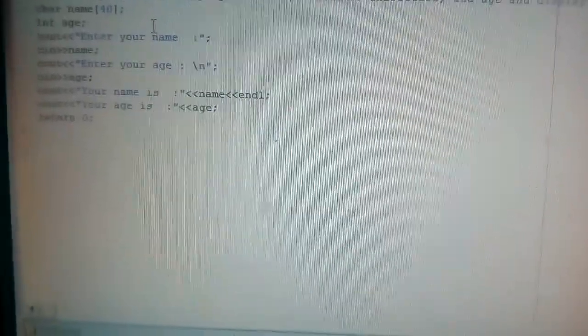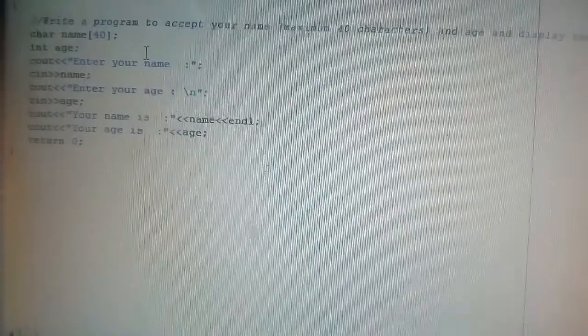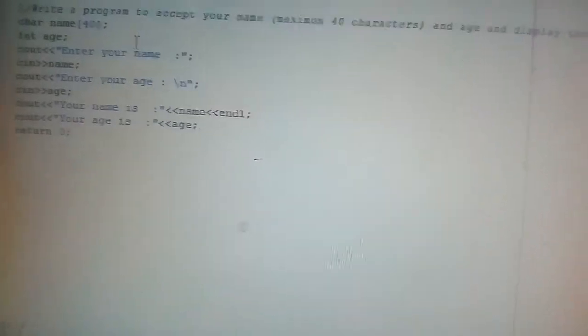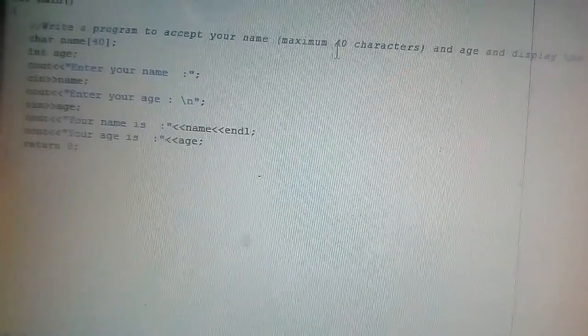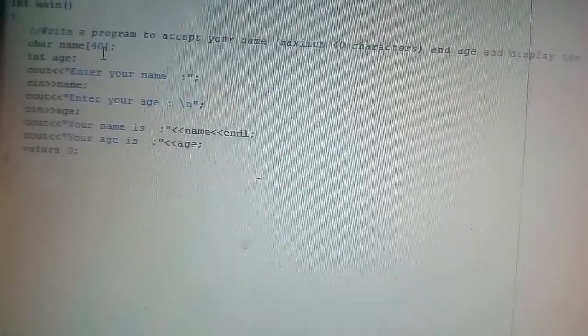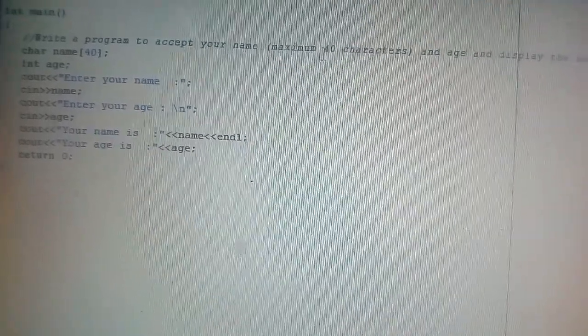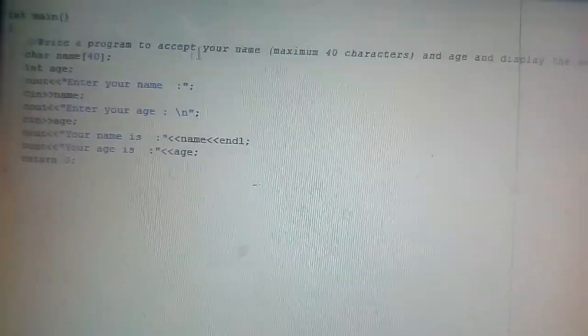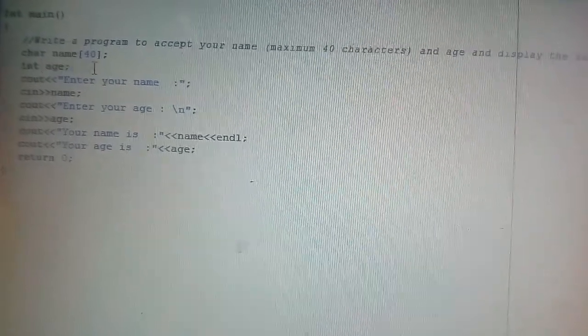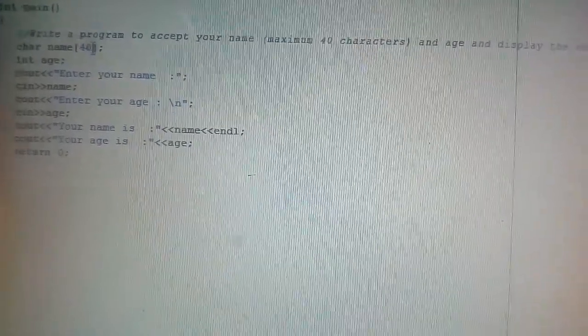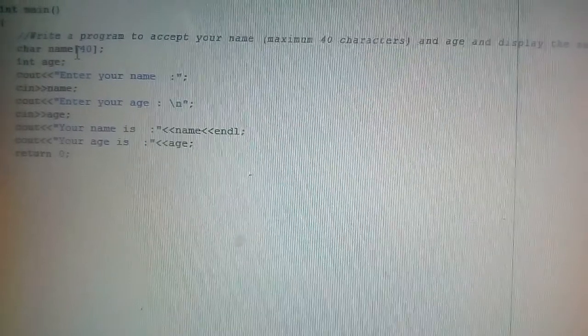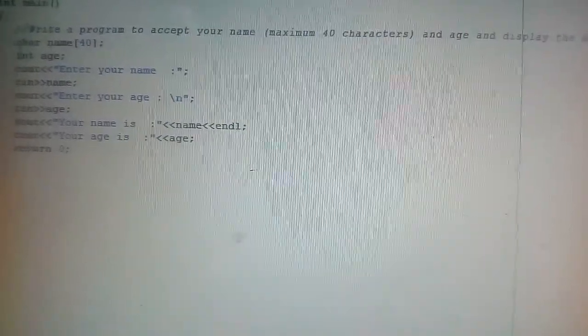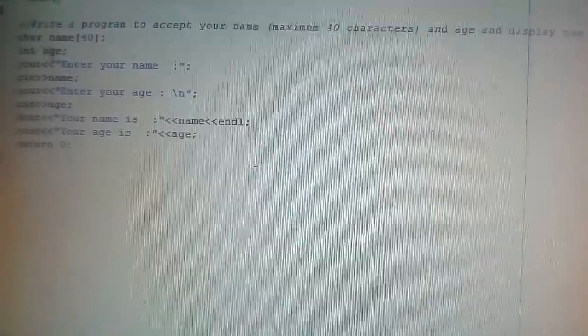Okay, so after that you have to write char name[40] because this is maximum 40 characters, so I have written 40 here. Suppose you want to enter 50 characters, then you have to write char name and then 50 within this bracket. Now next line, int age.